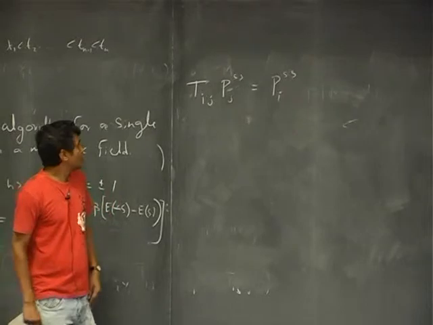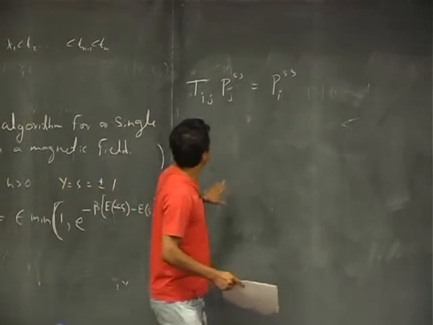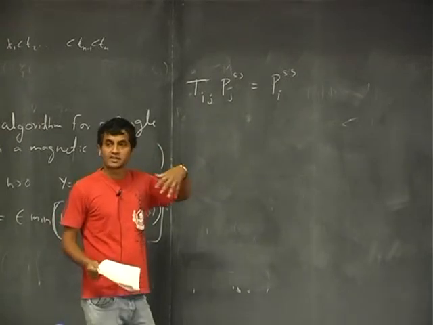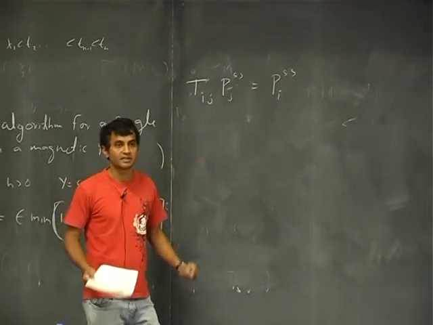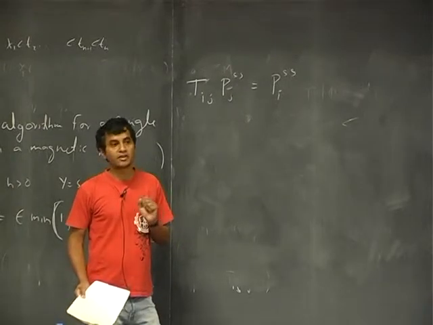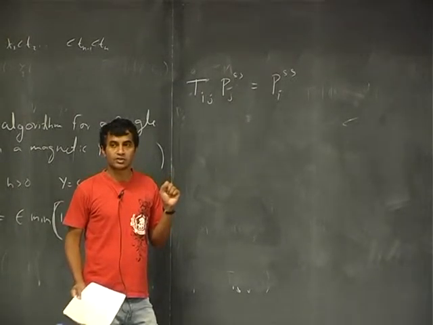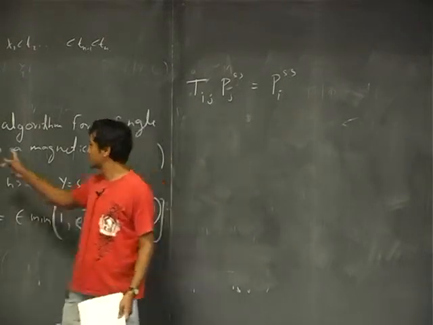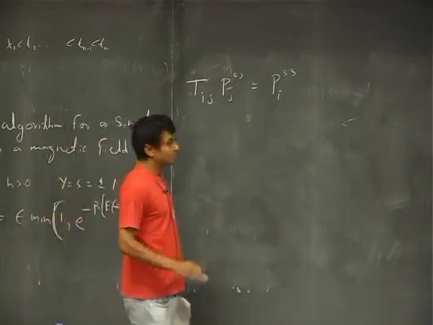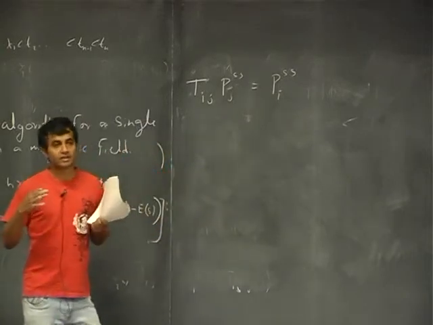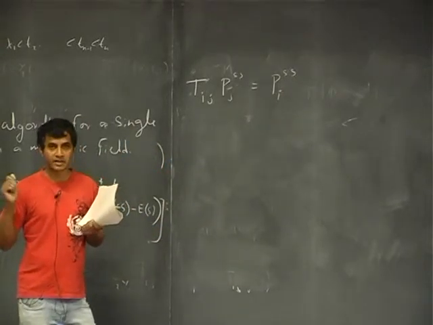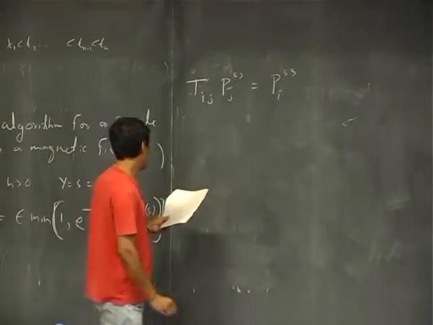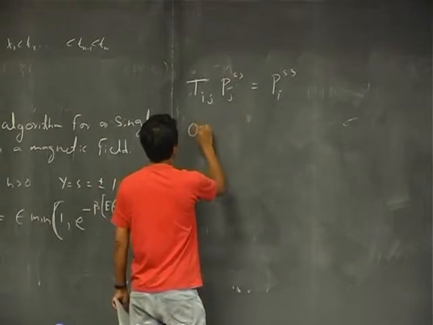Okay. Now, you can choose the transition rules if you want your system to reach some desired steady state. There's a particular way to choose the transition rules so that you always reach the required steady state, which is what we did in this Metropolis algorithm. In all these simulations, what we want is that the steady state should be the equilibrium state, right? The system should reach equilibrium. So in that case, what you do is, one way